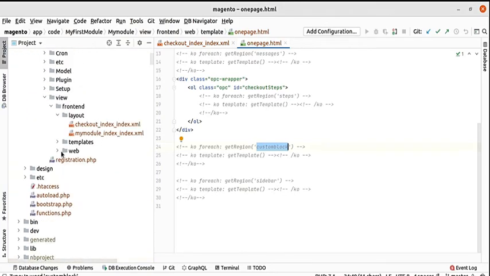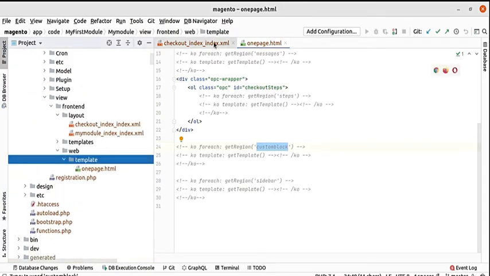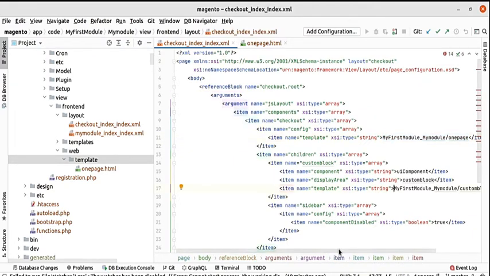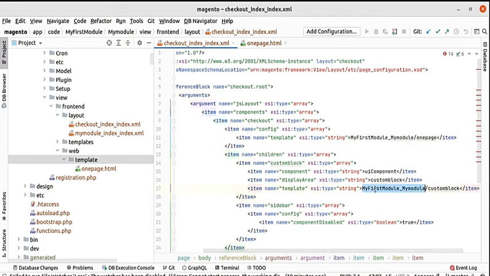Now, let's create our custom block template inside the template directory. Let's copy the name that we have declared in our layout file and create a custom block.html file in the frontend web template directory.